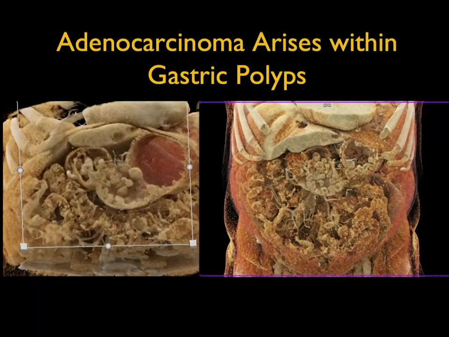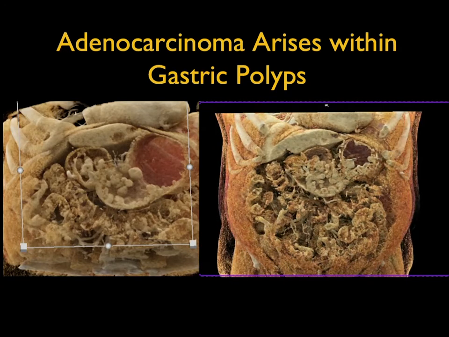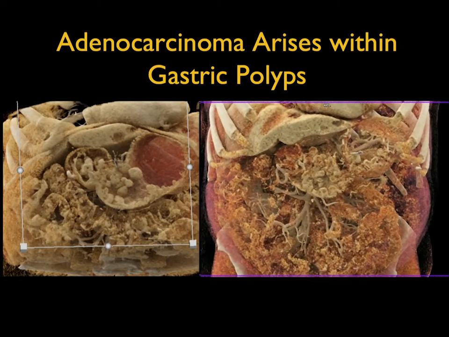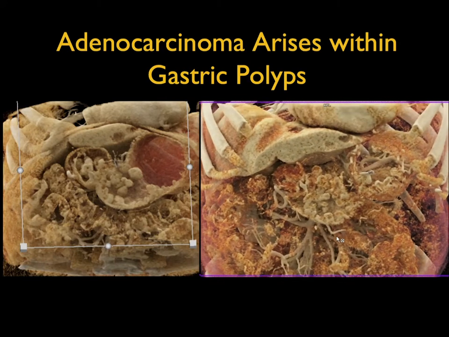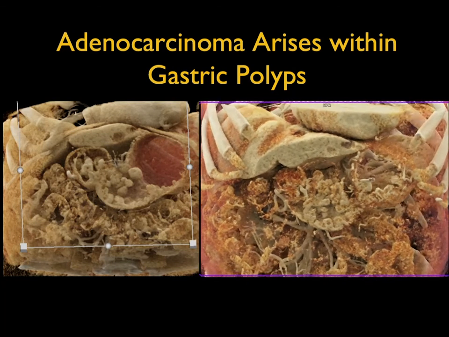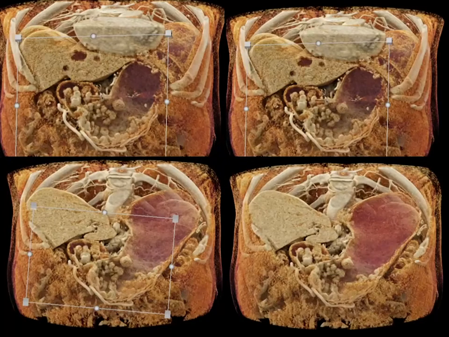Or in this case, a patient with GI bleeding, look at the polypoid lesions in the antrum of the stomach. This was biopsied and there was adenocarcinoma present. So you can see not all of the polyps were malignant, but some were. But look at the detail that we're able to get in that information. And here's just some more views showing you the polypoid lesions in the stomach, their relationship, and the fact it